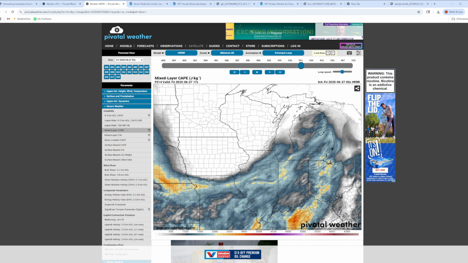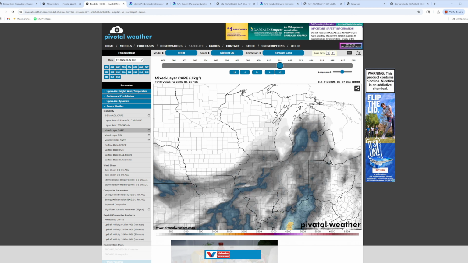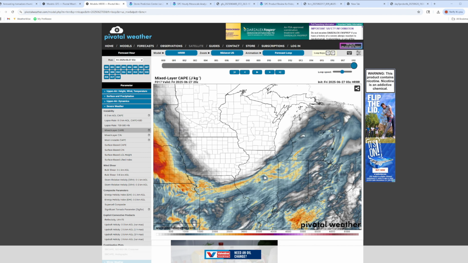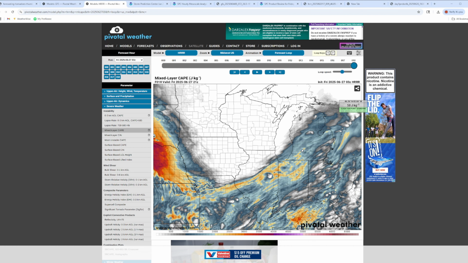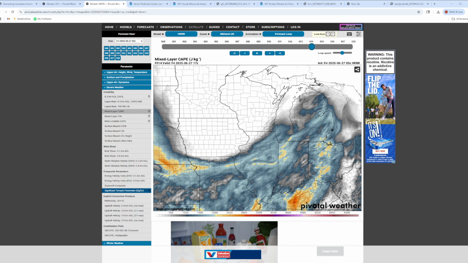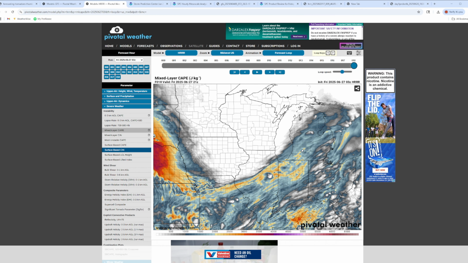I think this will be midday tomorrow. It's gonna be mid to late afternoon, which is when all this CAPE is gonna explode. And by the way, this risk is farther back, so I bet there would be more CAPE back there. And then we've got